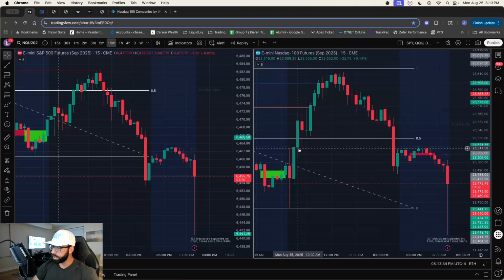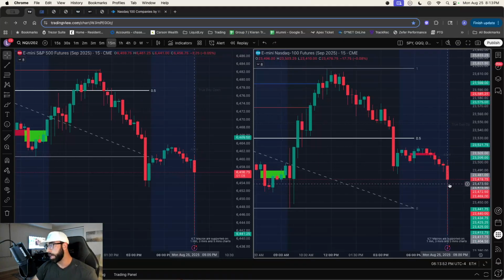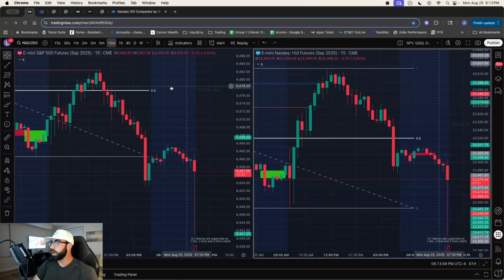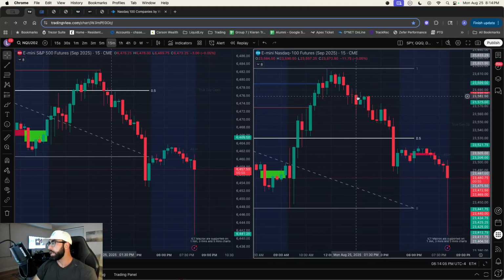This is called the wick. So the price came down, created the wick, came back up over the open, came above the close, created the top of the wick, and then closed at the top of the body. So you have the thick part is the body, wicks on either side. Sometimes you get candles with no wicks. Sometimes you get candles with a lot of wick. It just kind of paints the picture of what happened in that time frame. And what you're looking at is the 15-minute time frame. So each candle, as you're looking at this time frame, is 15 minutes.